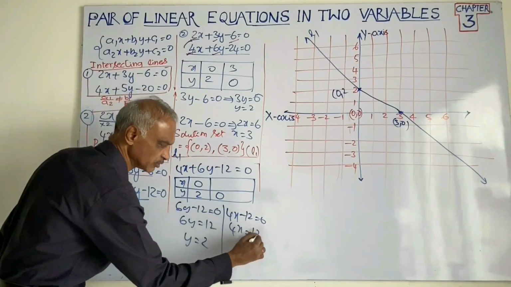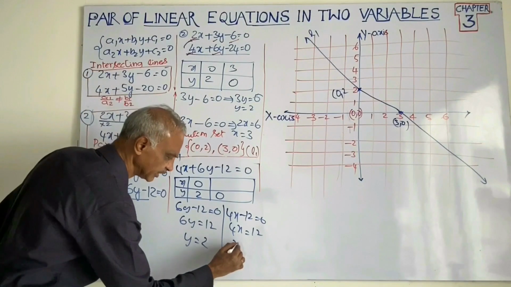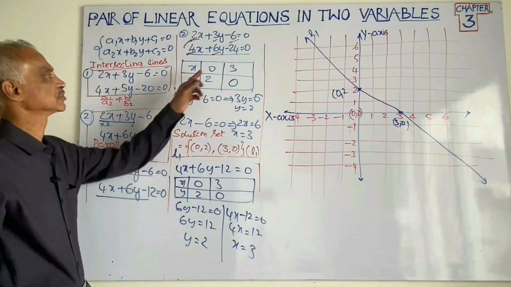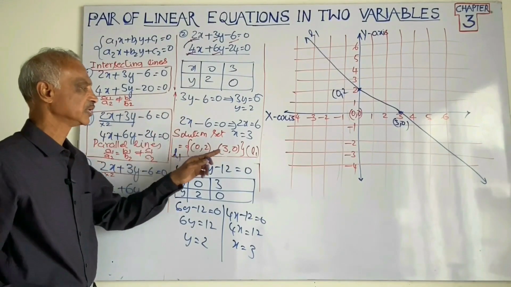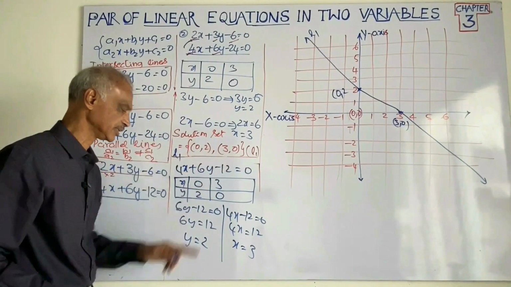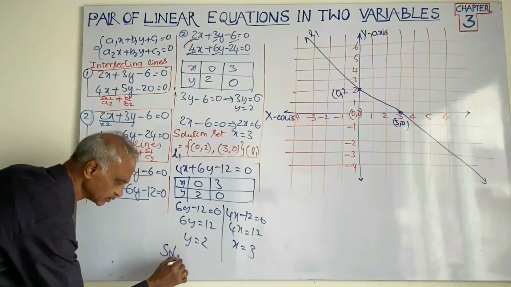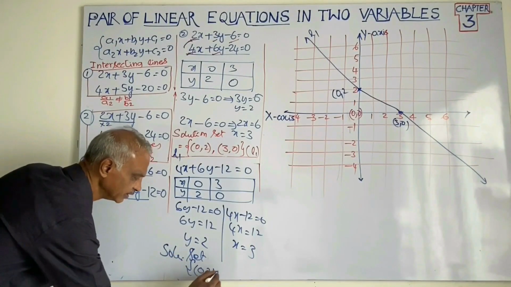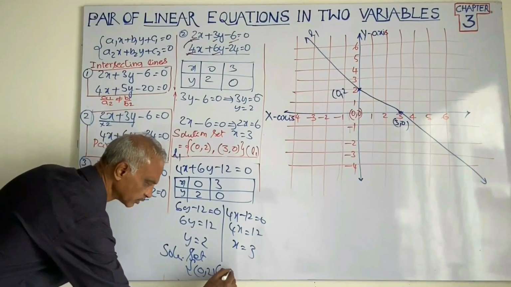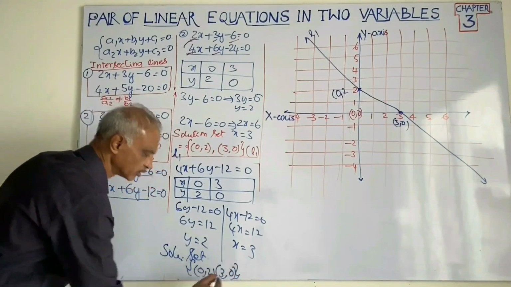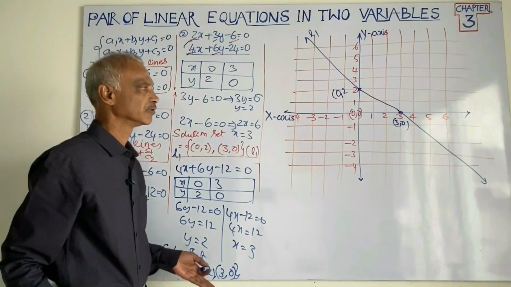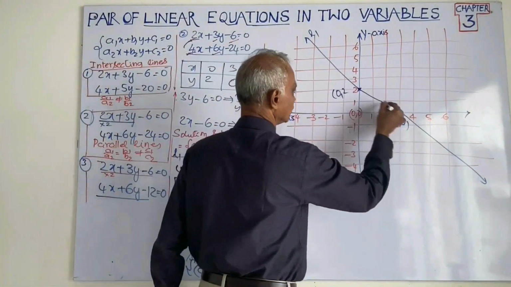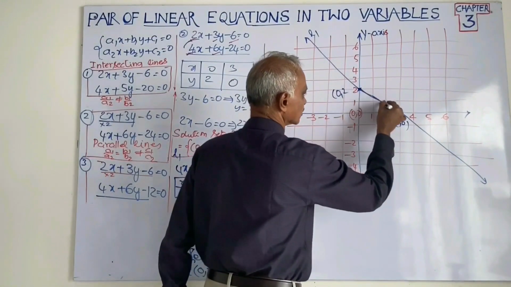4x is equal to 12, and you will get x is equal to 3. Same solution set you got: (0, 2) and (3, 0). What is the solution set? (0, 2) and (3, 0) you got, same solution set. With the help of this we can draw the same (0, 2) and (3, 0). You are getting the